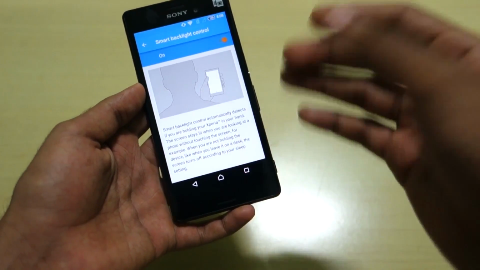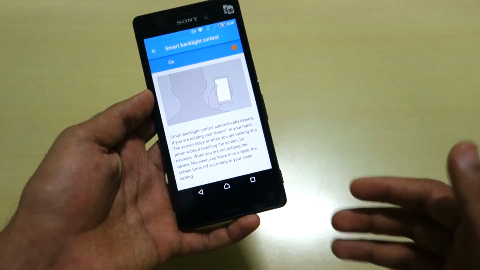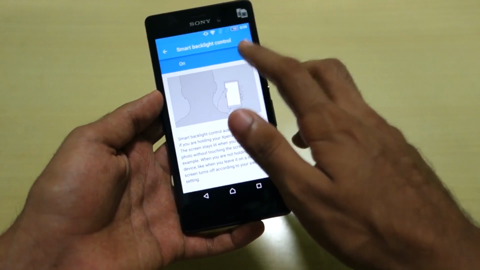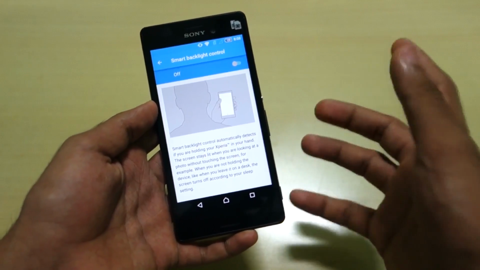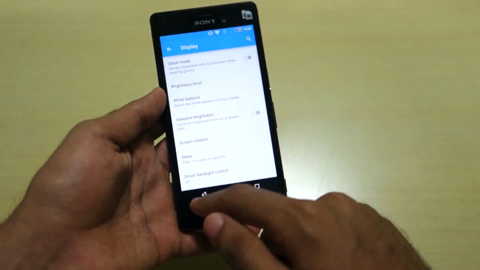But with my device, that's the Xperia M4 Aqua, it was not working perfectly fine. But with your device, like if you have Z3 or Z4, which are like flagship phones, then it will work very good. So it's a very good feature for the phones on which it's working completely fine. And I guess with the software update, that issue can be fixed too.